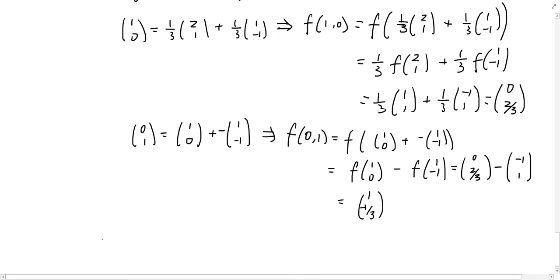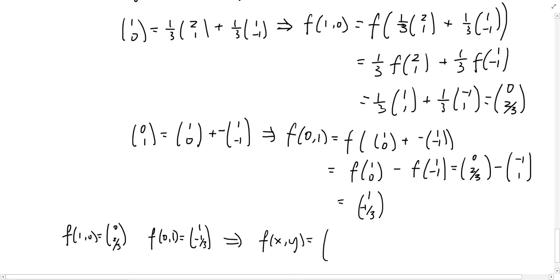And so now I'm ready to put in our function. So now that we know f of (1, 0) is equal to (0, 2/3), and f of (0, 1) is equal to (1, -1/3),